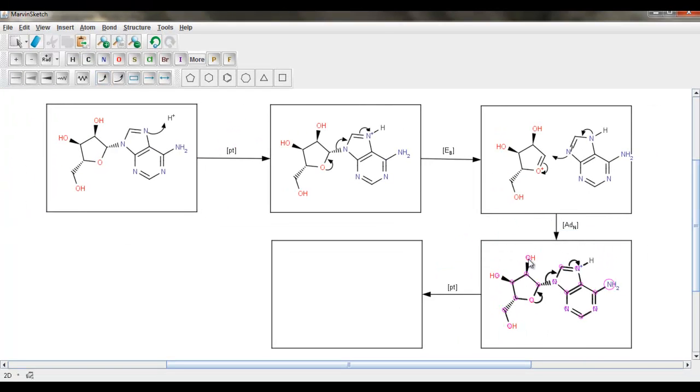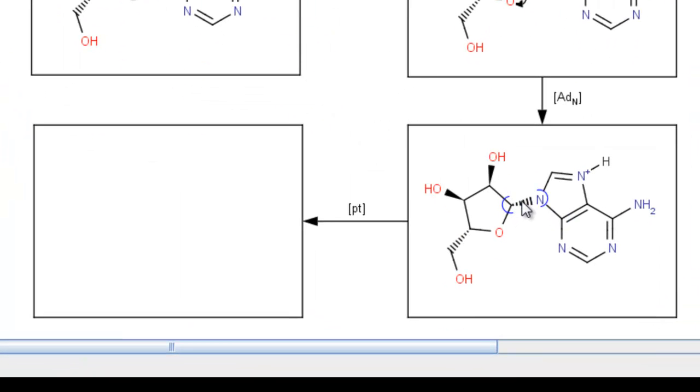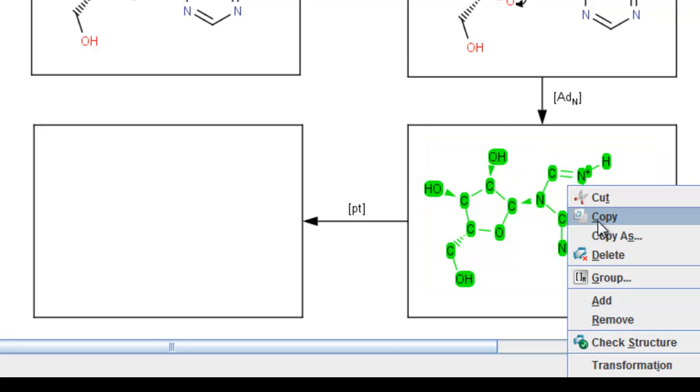Let's paste this again. And it's almost exactly the same, so I didn't bother to copy it again. The only change from this to this is that the nitrogen attacks this carbon that has lost all its stereochemistry. It can now form our anomeric product. So I'm going to want to grab a wedge piece, put it in there, and now all that remains to be done, I'm going to copy this guy,